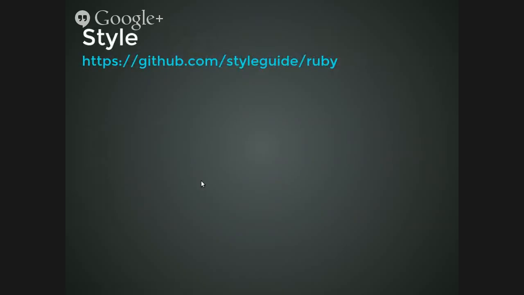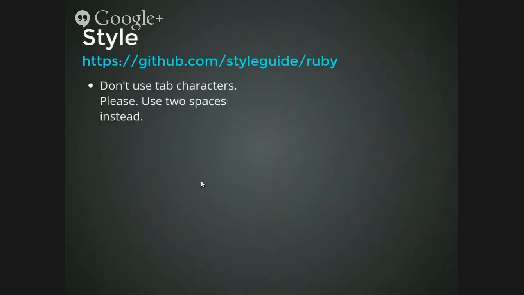So we're going to talk first about style. These are just little things that I've noticed as I've been grading the homeworks and looking through your code. Overall, you guys are doing a great job. These are little things that you can tweak that will help me not cry as much. Please do not use tab characters. If you open it up in Sublime and highlight all your spaces, you'll notice that some of them have a line and others have dots. The dots are spaces. Those are your friend. The lines are tab characters. Those are your enemies. You do not want tab characters in your code